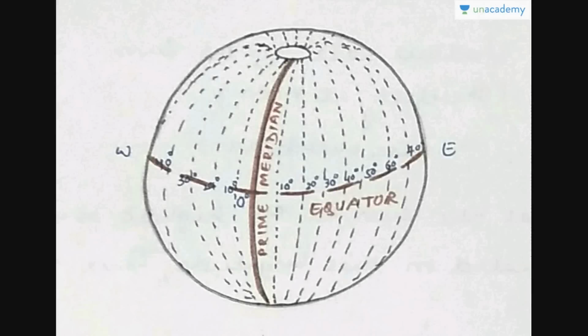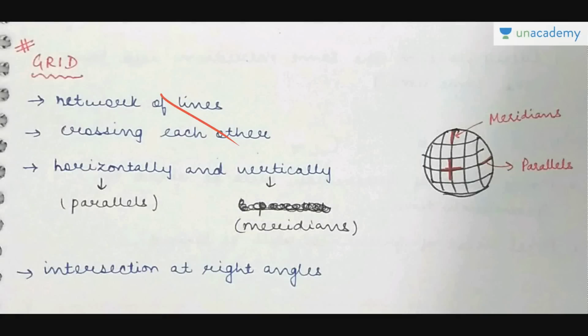Now this is just the figure, this is the equator, and these are the different meridians at different angles. This is the prime meridian at 0 degree, and then this 10, 20 and similarly 10, 20 here. So 0 to 180 will go here, 0 to 180 will go here, and that 180 will be opposite to this 0, and that will be the same for both eastern and western hemisphere.